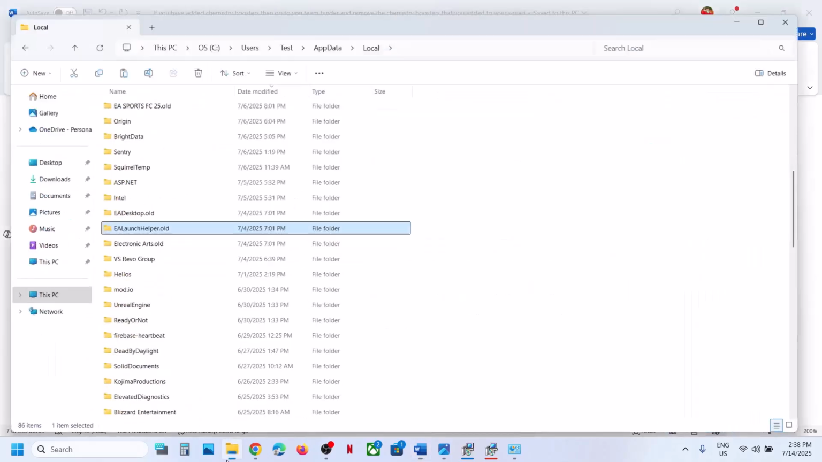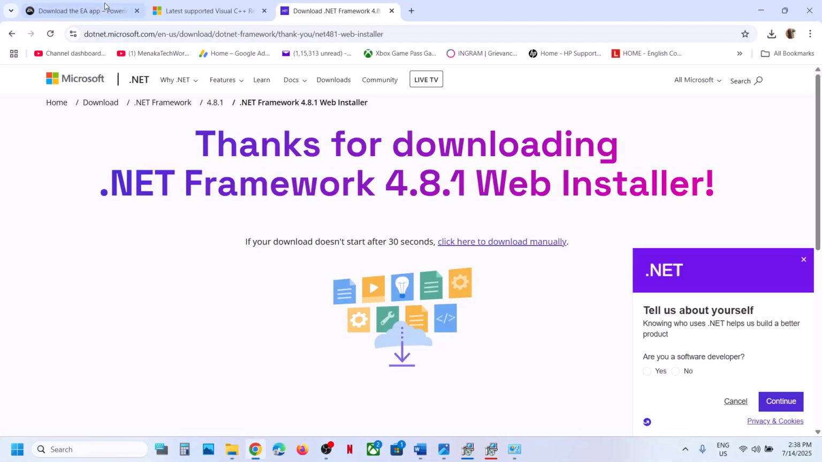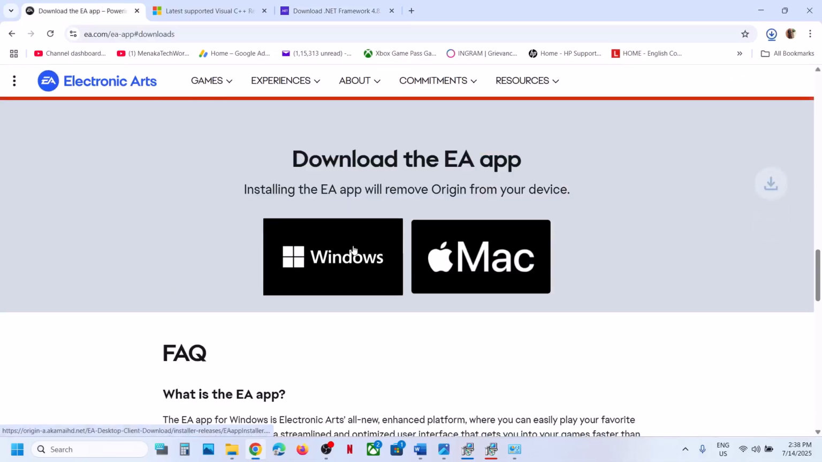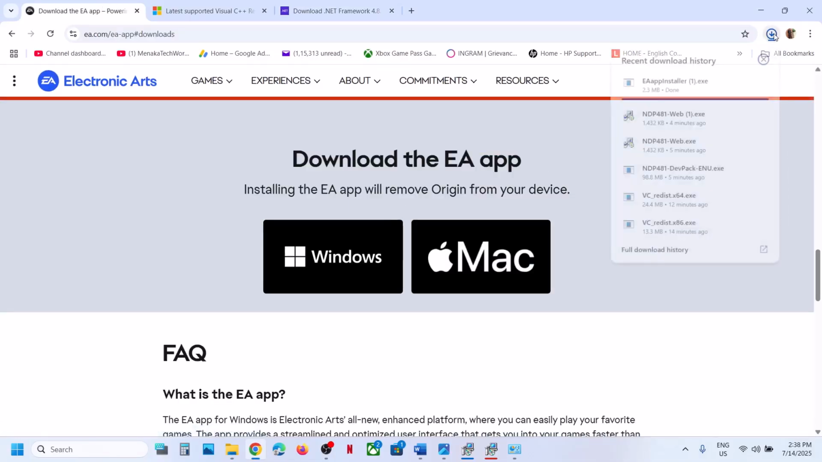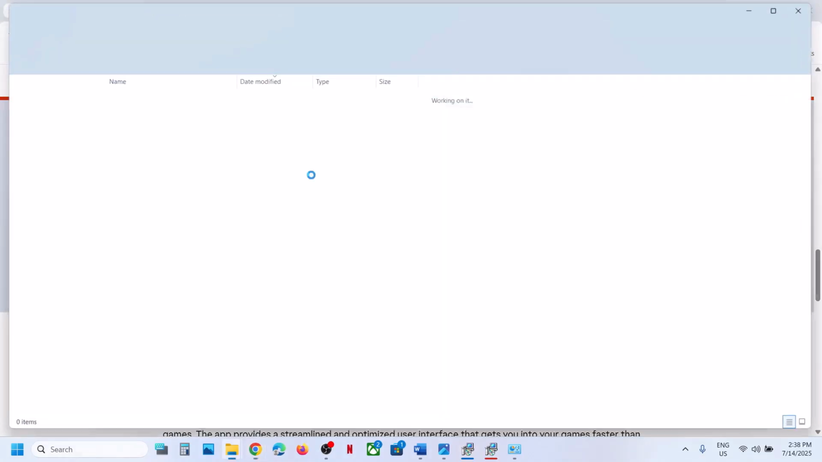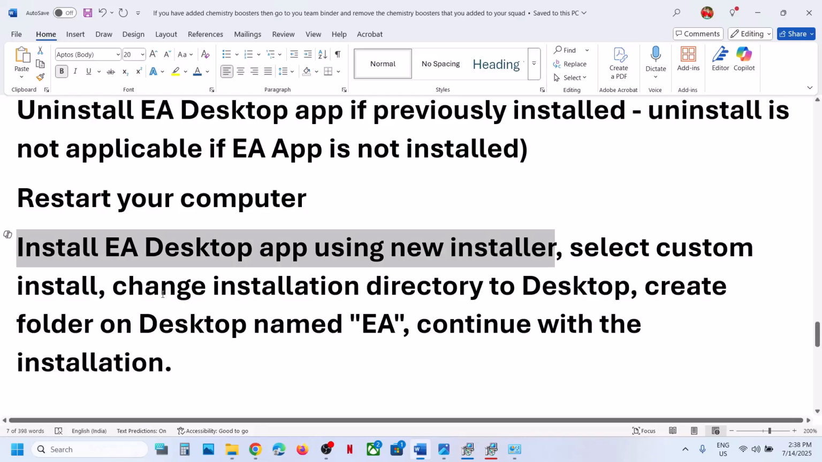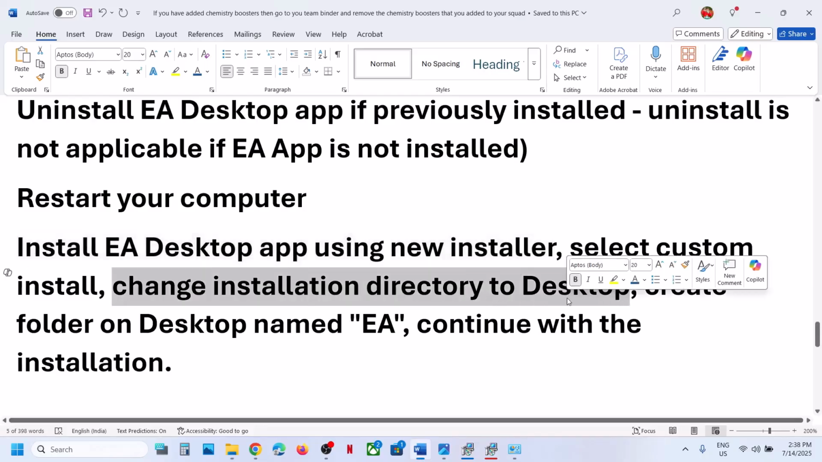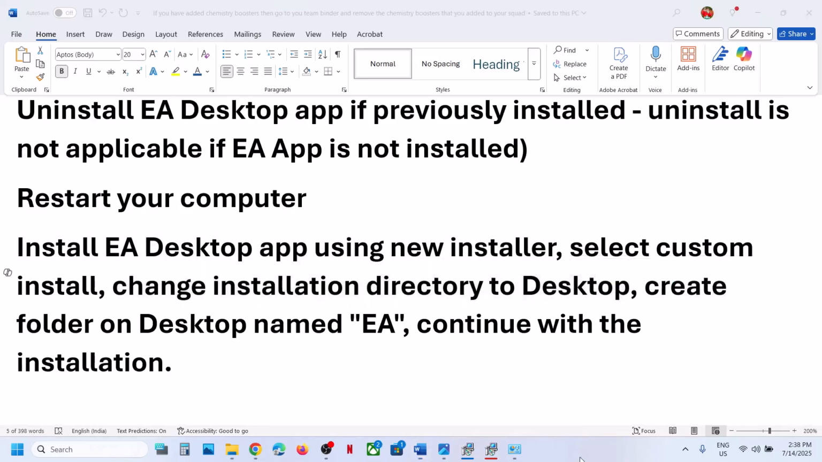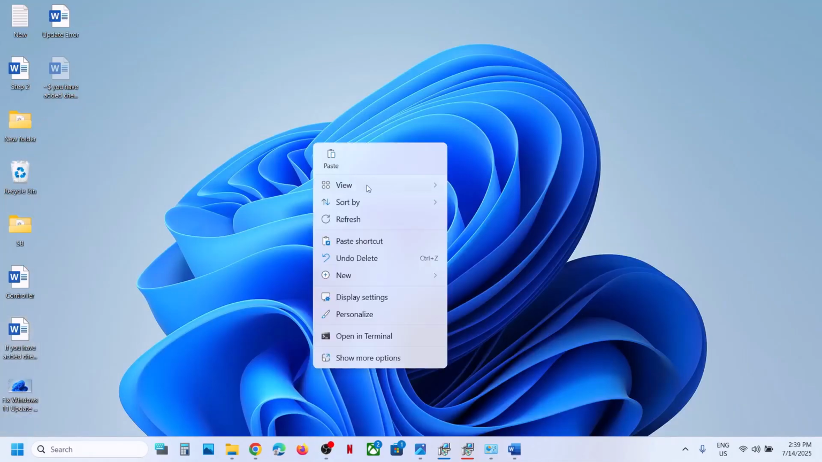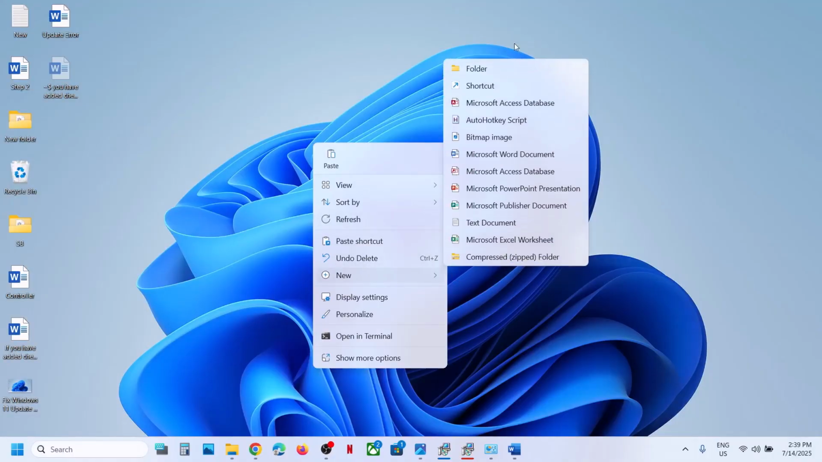So let's go to the website and we will download the new installer. So click on download the EA app once again, click on Windows, and then you can go to the download location, and this one is the new installer. And what we have to do is change the installation directory to desktop. So we have to create a desktop folder named EA. So we will go to desktop, and in the desktop we will create a new folder named